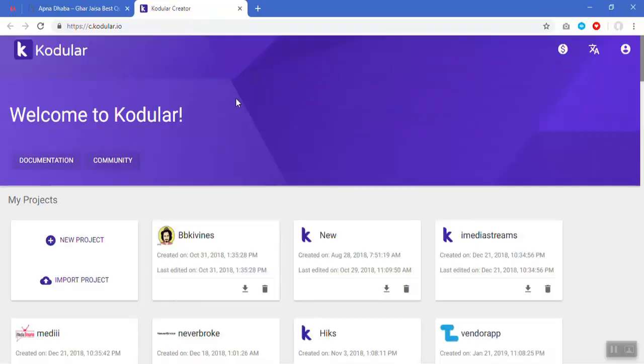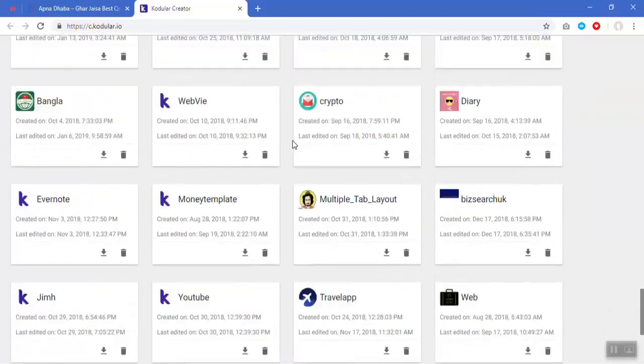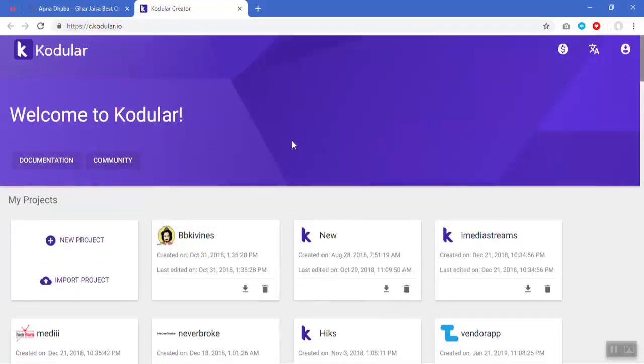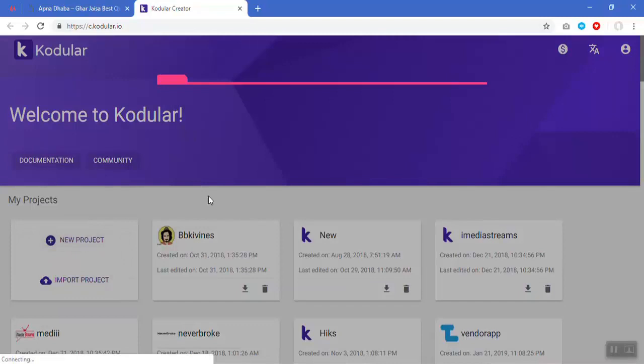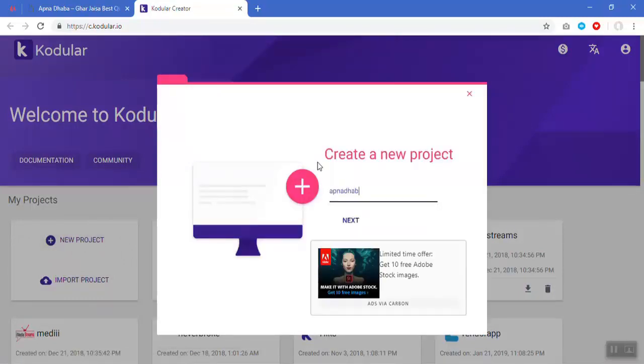So this is the dashboard. Once you create your account in kodular.io, you will be able to see your dashboard where you can see all the apps that you have created. So let's get started with our project. So next step is to create a new project. Let's keep the name Apna Dhaba, which is our restaurant name, right? Let's click next,